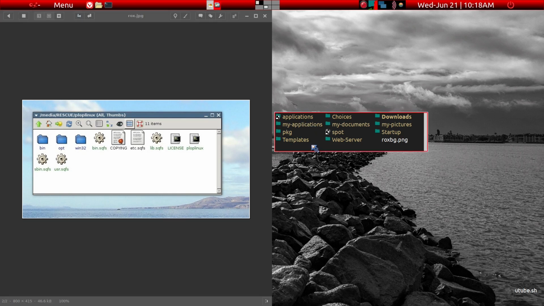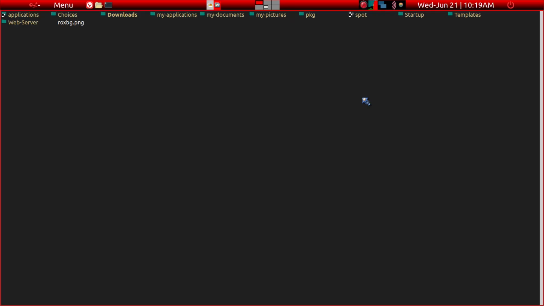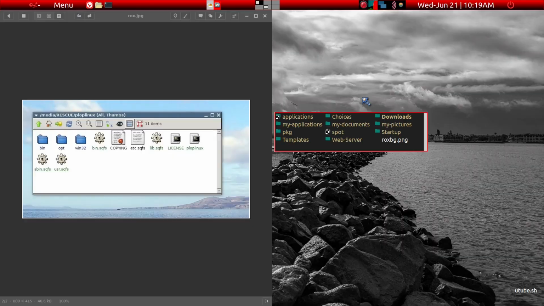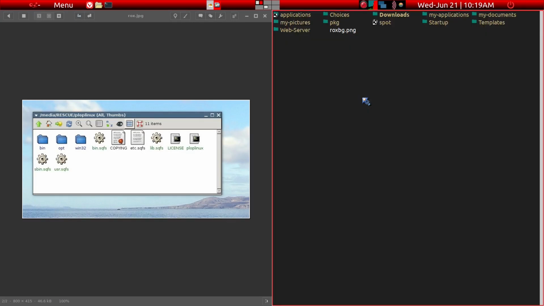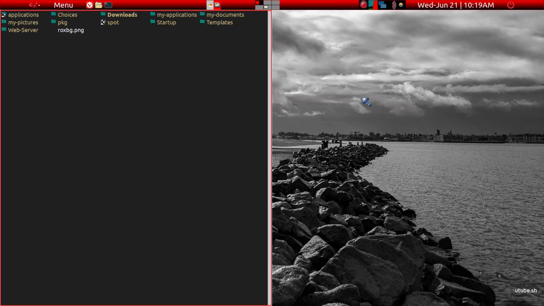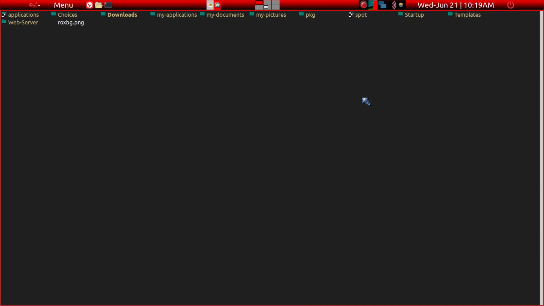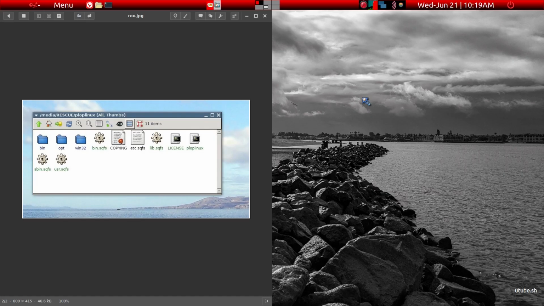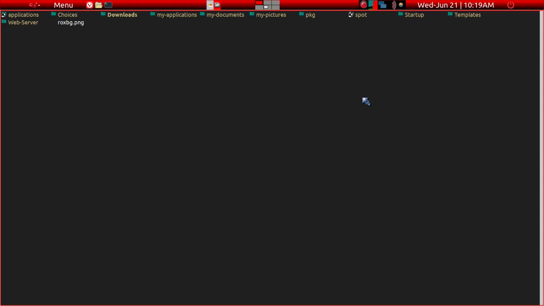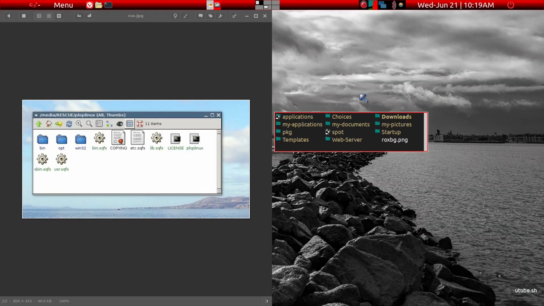For example, I have ROX-Filer here without a title bar and without the icons, and I can quickly go ahead and open it up maximum or go back to the size and make it go to the right or left, for example, and then hide it, and then bring it back, all without much trouble and much quicker. And that's what I want to cover today, is how to simulate a borderless